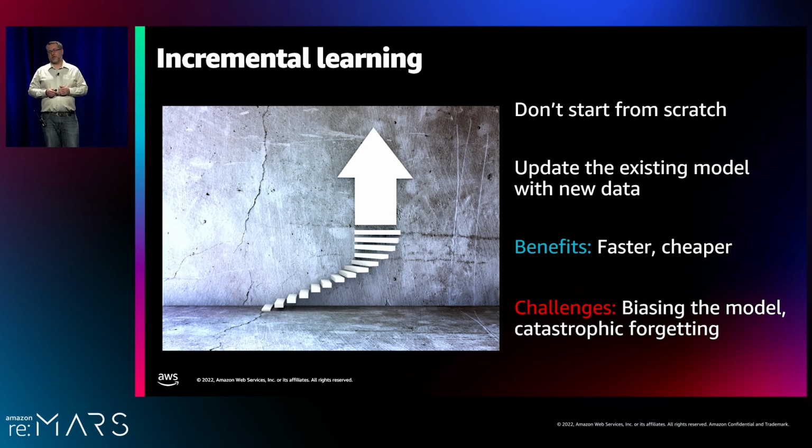Another challenge we have to overcome is catastrophic forgetting. These models have a limited capacity for holding information. They can't remember all things for all time. What we see is that as we apply the new data on top in an incremental way, the model tends to forget things that it hasn't seen in a while, older data. I'll describe in a little bit how we address these challenges in our system.